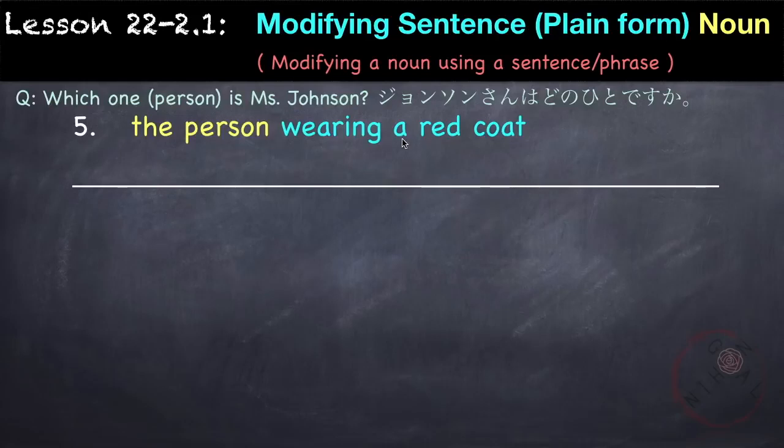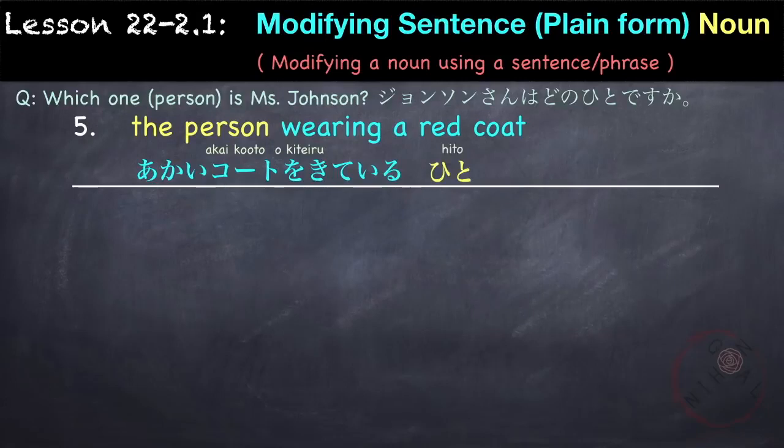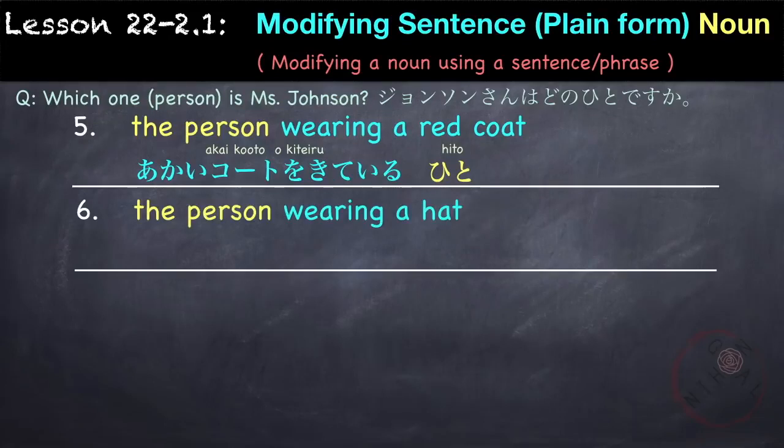So here, wearing a red coat, we use the verb kimasu. So wearing a red coat is 赤いコートを着ている人。